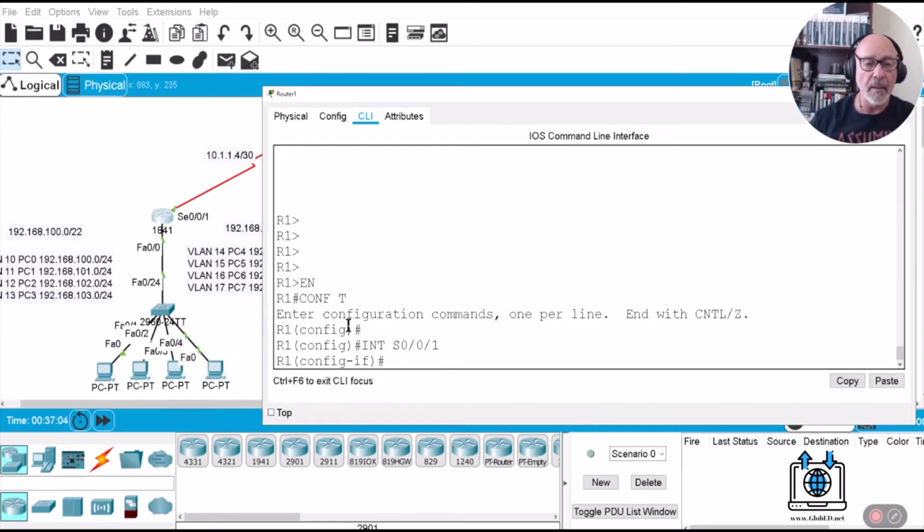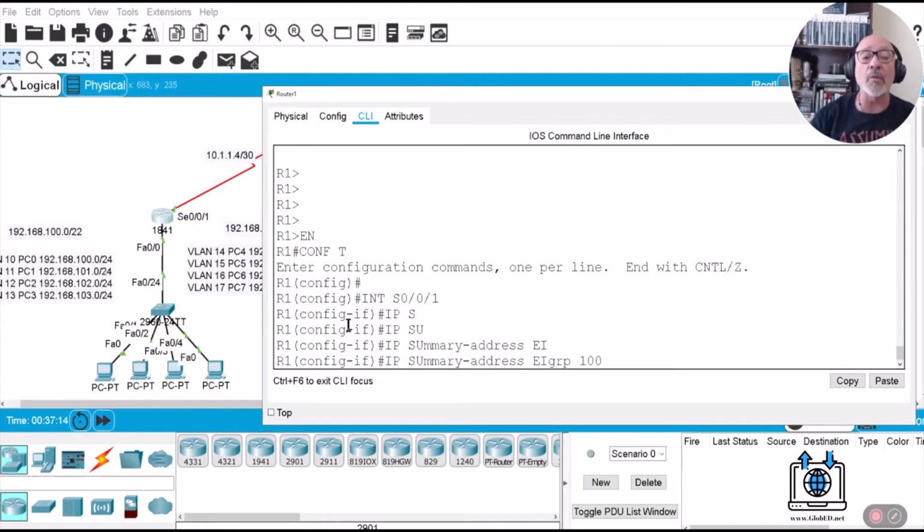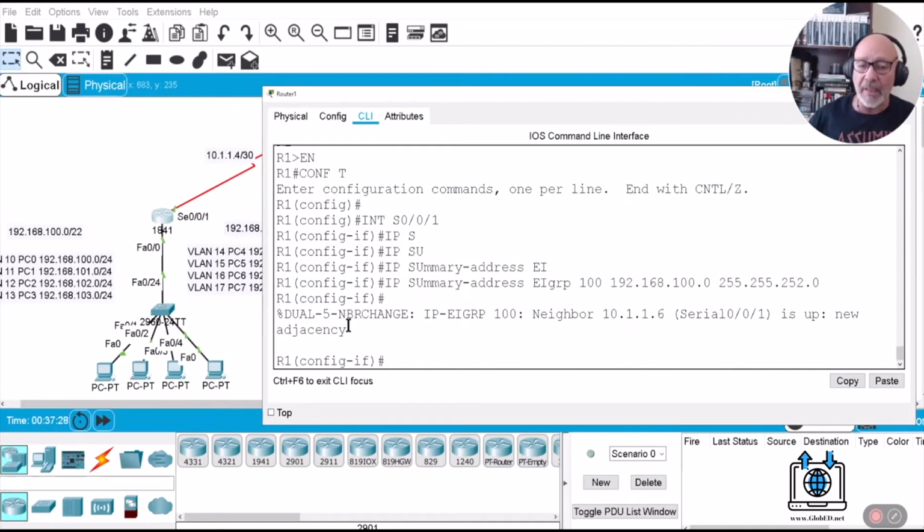s0/0/1. All right, so we go inside the interface and do IP summary. You see, I told you I forgot the hyphen. IP summary-address, we put the routing protocol, which is EIGRP. The autonomous system is 100. All right. And then the summary address is 192.168.100.0 with a dotted decimal mask of